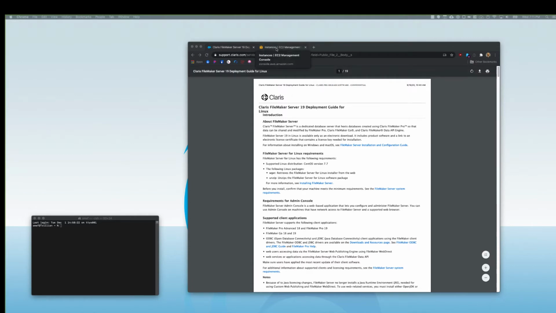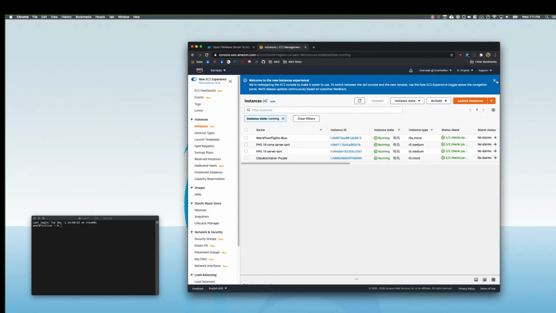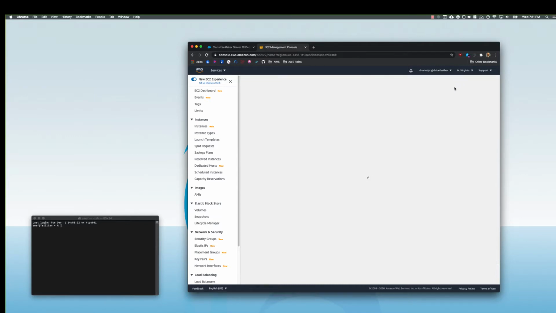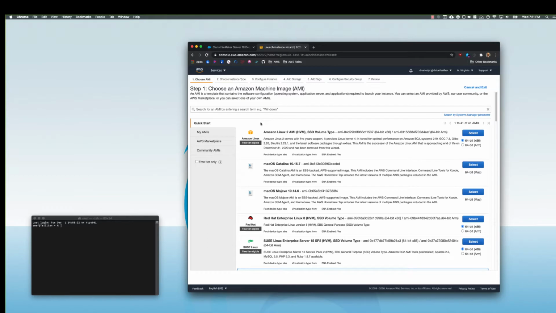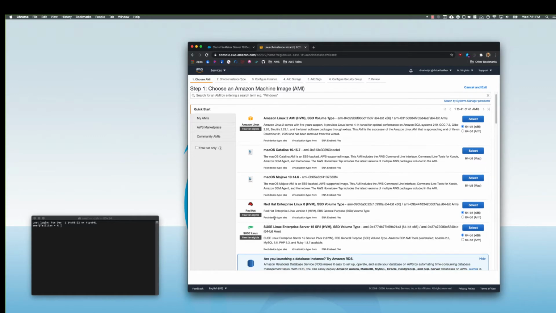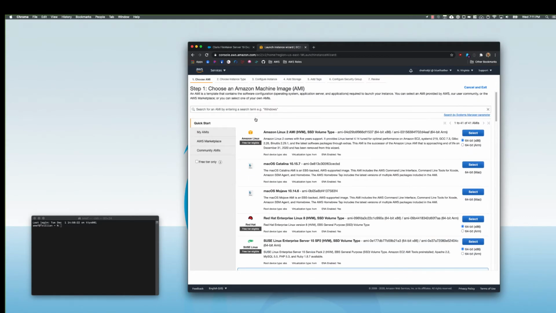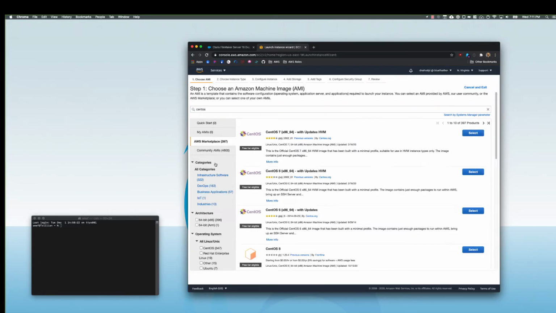So we're going to be deploying a new instance on AWS. So I'm going to get started here by creating the new instance. I'm going to say launch instances to start a new instance. Now there are a number of different options here for the OS that we want to pick. Claris recommends CentOS 7, which is, as you can see in here, not actually one of the operating systems that you can pick from here. But luckily for us, if I search for that and go to the AWS Marketplace, CentOS 7 is available